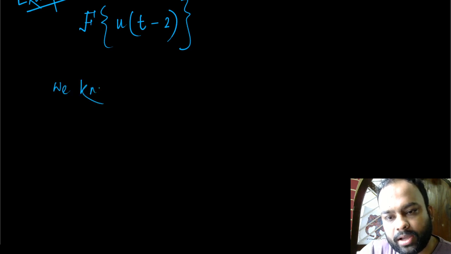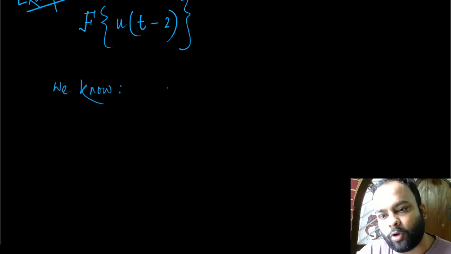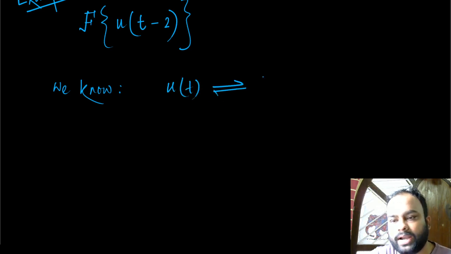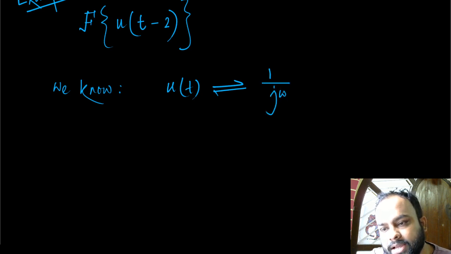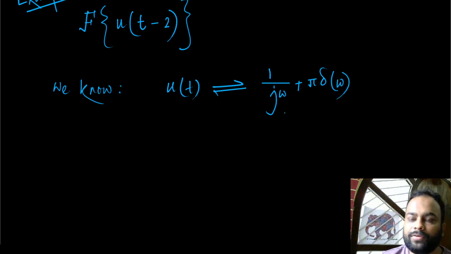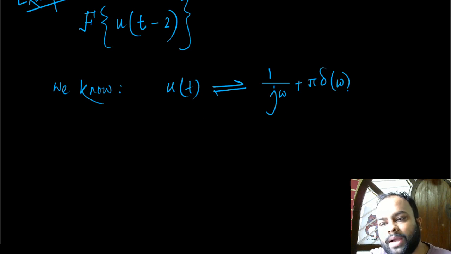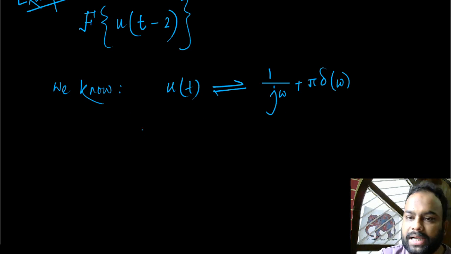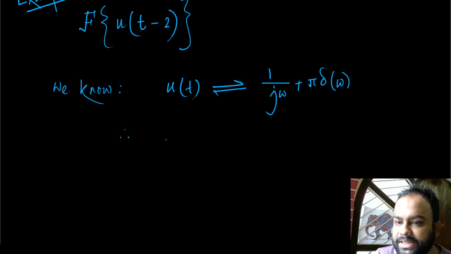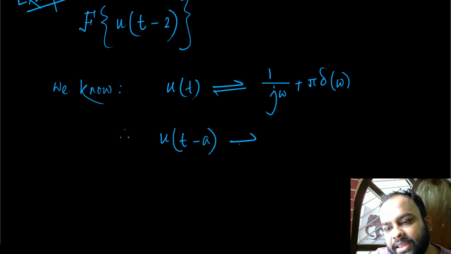So we know the Fourier transform of u(t). What is the Fourier transform of u(t)? We already calculated it in the last class. It turned out to be 1 by j omega plus pi delta(omega). That was the Fourier transform of u(t), and this is one of the things I can remember because I have used it so many times. So the Fourier transform of u(t) is 1 by j omega plus pi delta(omega). That's understandable. Therefore, with just a single line, without calculating anything, I can say the Fourier transform of u(t minus a)